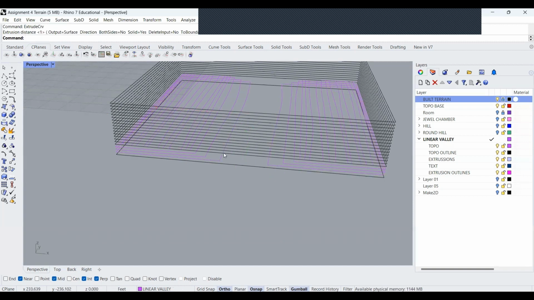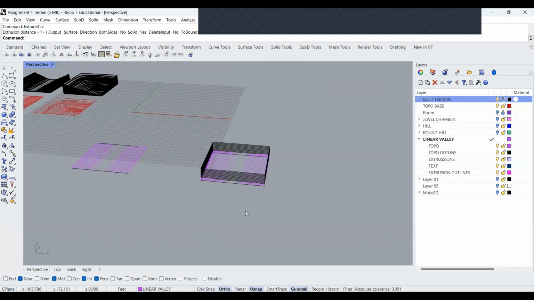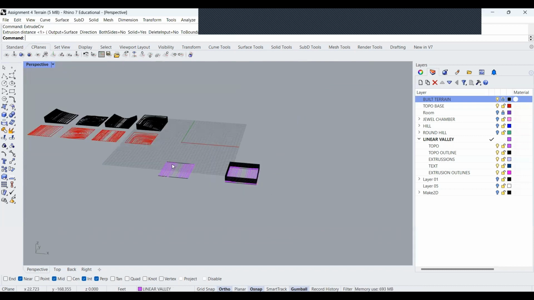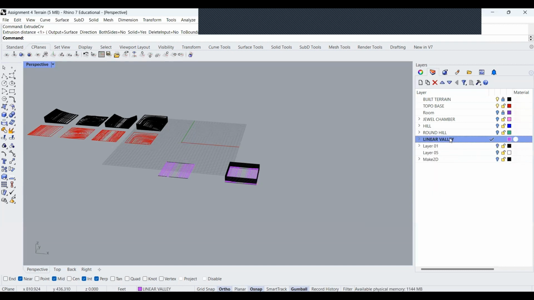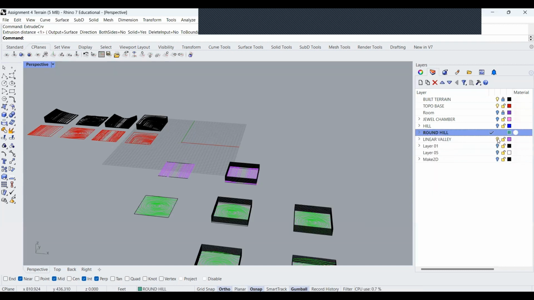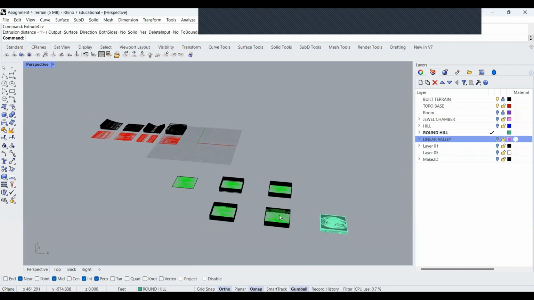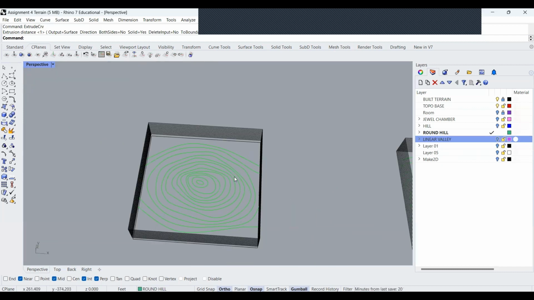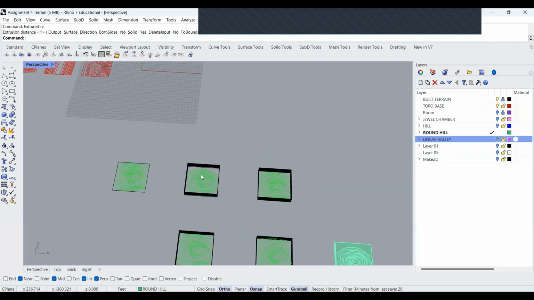If you don't feel like doing that for the valley, you could extrude one side first and extrude the other half second. So that's how you do the valley. It's basically the hill, but on either side. So that is that. For the round hill, a very similar approach, but you're going to be working from the